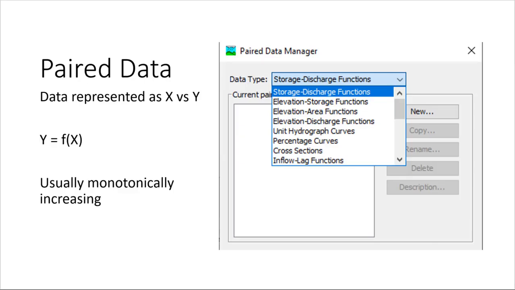Paired data in HMS are used to compute the value of one variable from another. Usually, this is a functional relationship where there's some y that is a function of a given x. An example of this is a rating curve, which lets HMS compute stage for a given amount of flow. One very important thing to note about paired data is that HMS will never attempt to extrapolate paired data, it